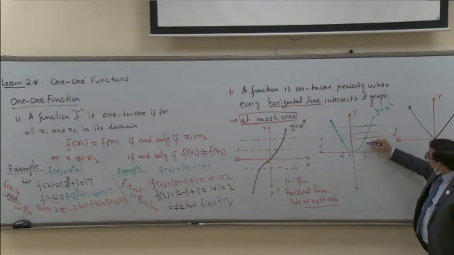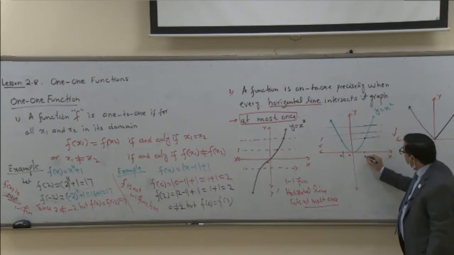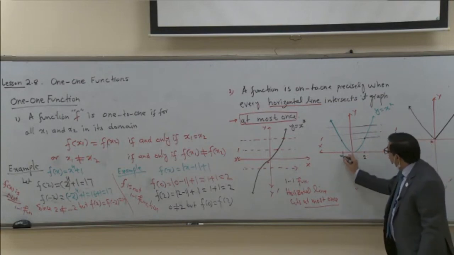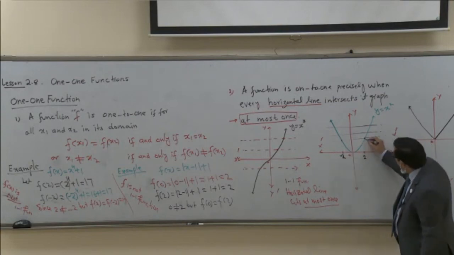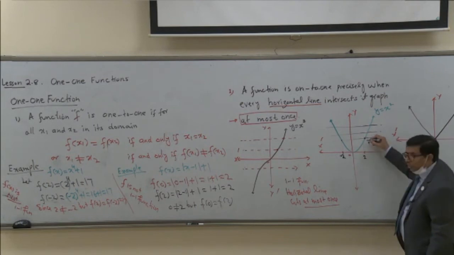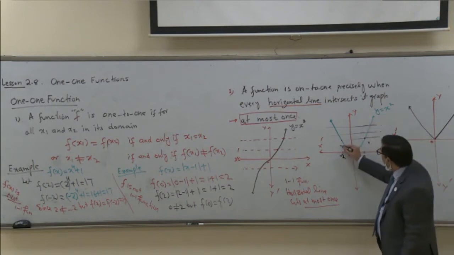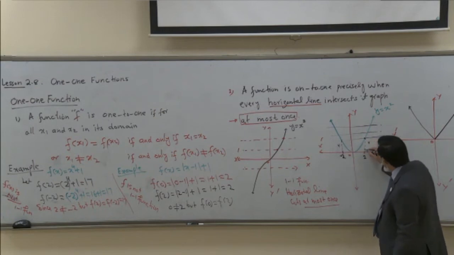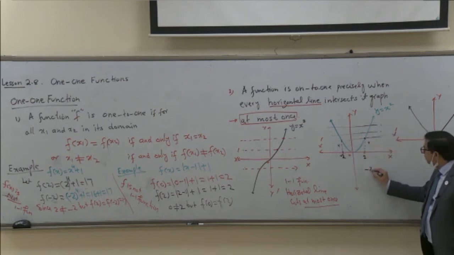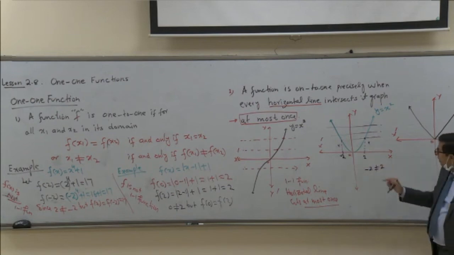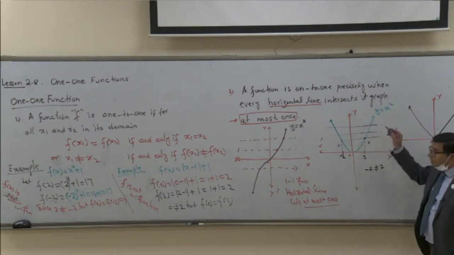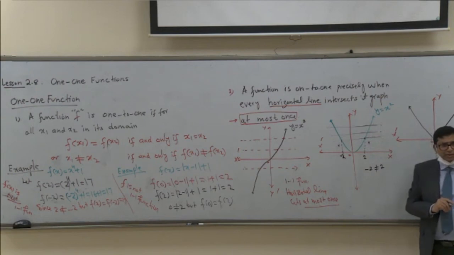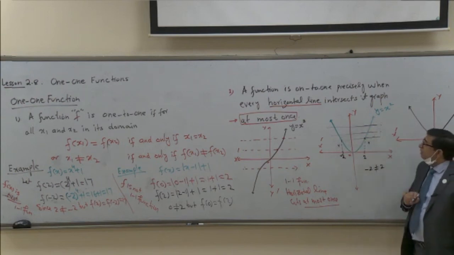For example, this height is how much? I take 2, it will be easy. I take 2, this height will be 4, because the square comes over here. So this height is going to be 4, and this height is going to be 4. So two different numbers, x1, x2, by the second definition, they are different, but the images are the same, the heights are the same. So is this function